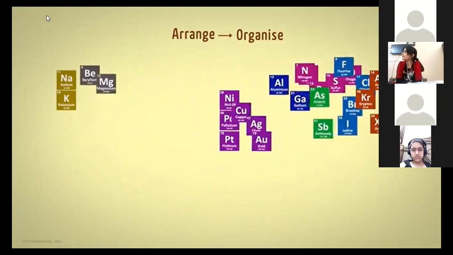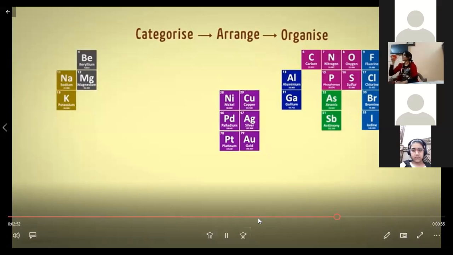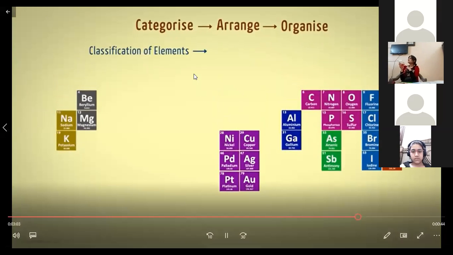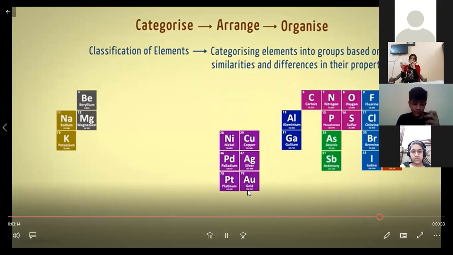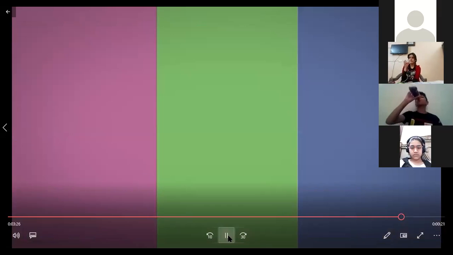And arrangement is possible only if we categorize them, right? This is how we organize the elements. And this process of categorization helps us study the elements with ease. In other words, we've classified the elements here. Classification of elements is categorizing the various elements into groups based on similarities and differences in their properties. The classification system helps us in grouping the various elements into categories which we refer to as the periods. Hence, the system is also referred to as the periodic classification of elements. Let's get to know how periodic classification